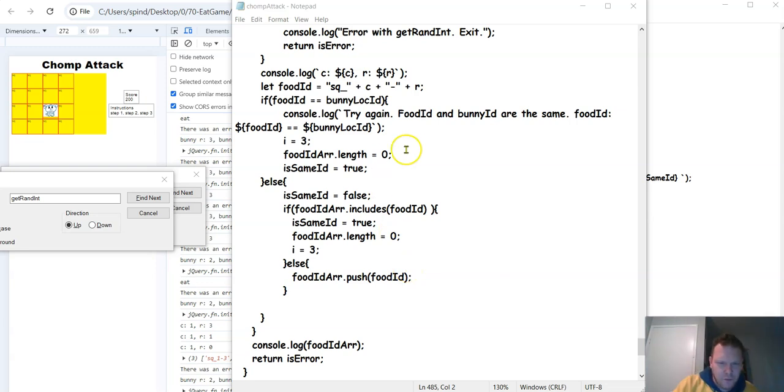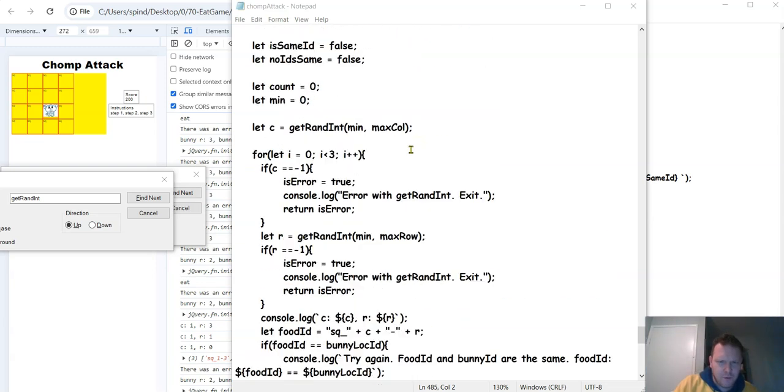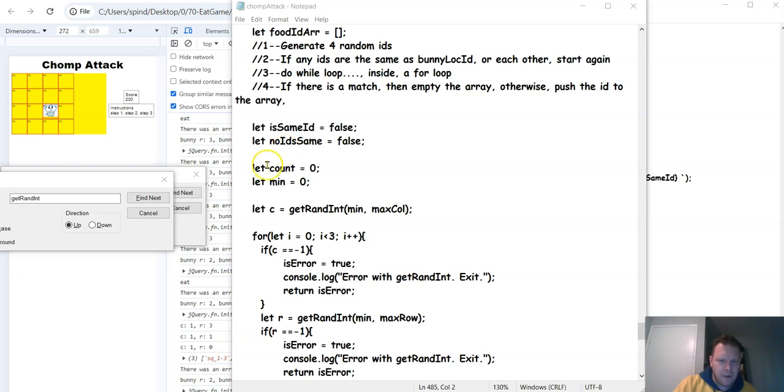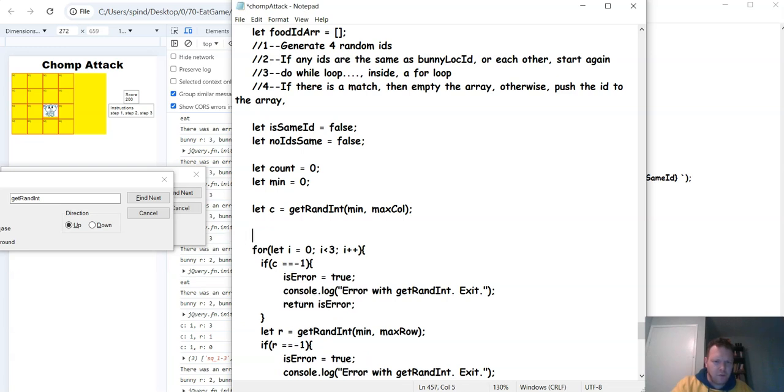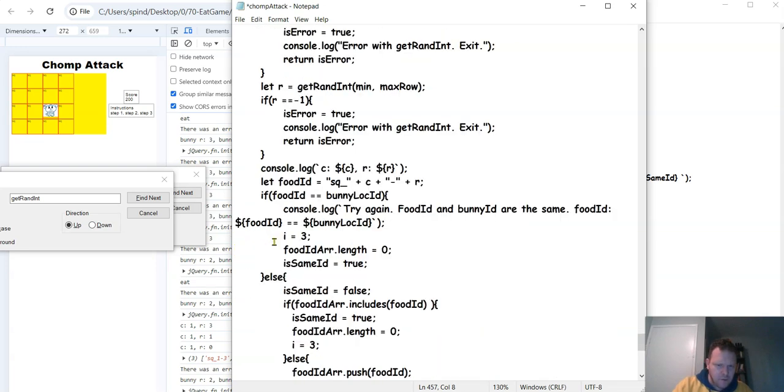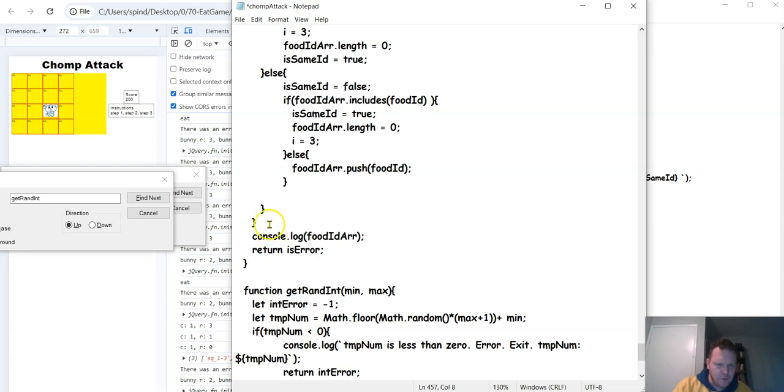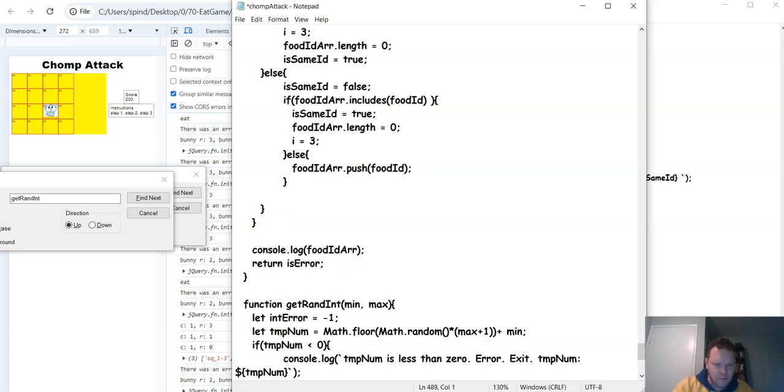All right, let's do the while loop. So let's go up here. And remember, we have our count. So the count is going to help us in case we mess up with the while loop. So do this code. Do all of this code. Go to the end of the for loop, which is here. Do all of this code